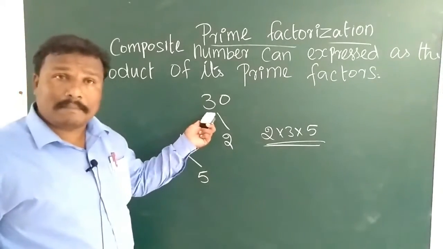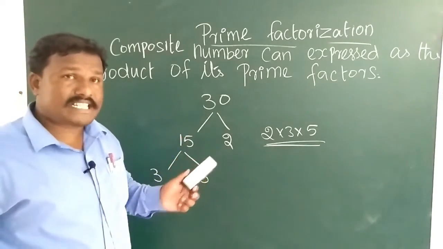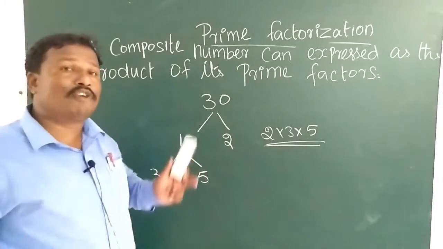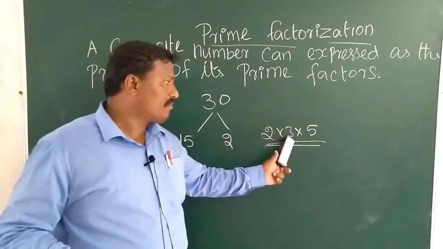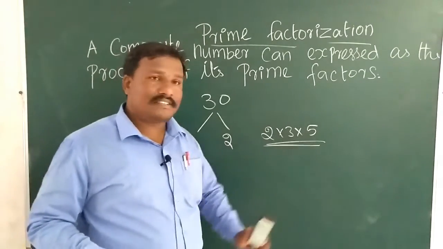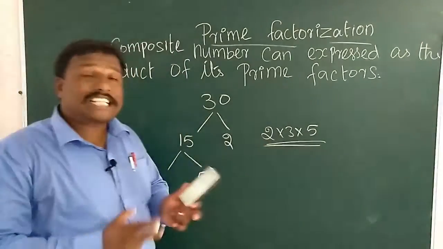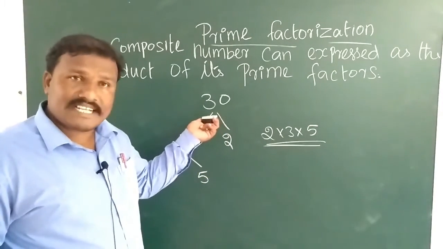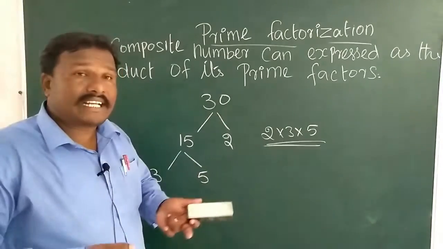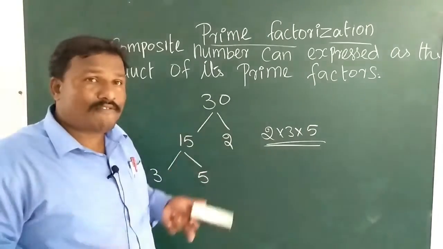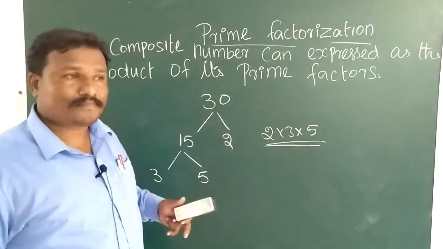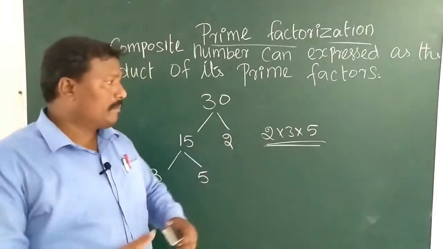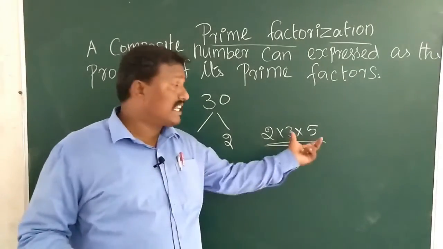So 30 is a number, and I expressed it, meaning I elaborated it in full form. 2 into 3, 2 threes are 6, 6 fives are 30. It's an expressed form. When we write the number 30, which is a multiple, in an expressed form, that expressed form we call the factorization. 30 is a number; I write it like this. We can write this also, no? Because 2 threes are 6, 6 fives are 30. This is an expressed form.